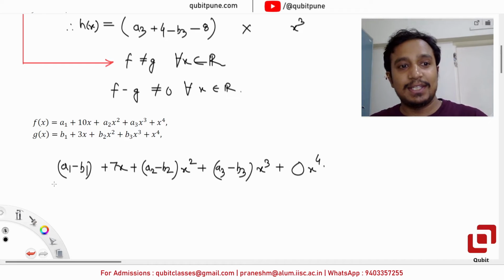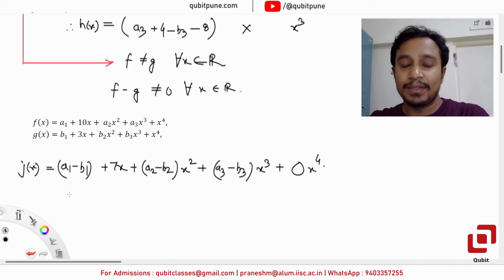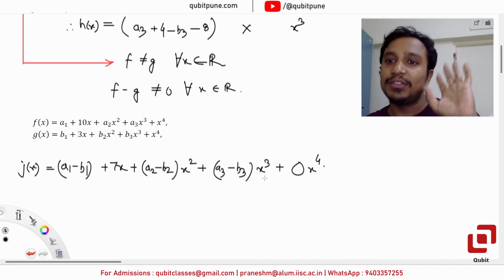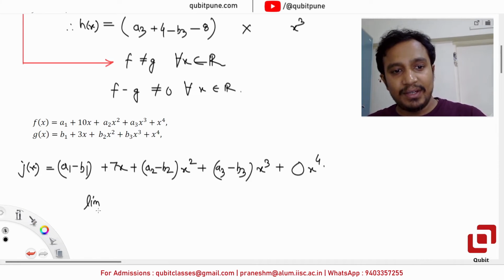Now look at this. ये जो हमारा फंक्शन है, जो इसको हम g of x करेंगे, this new function that we have got, इसका सबसे बड़ा पावर है x cube. Okay, so if I basically find the limit of this function as x tends to plus infinity or minus infinity,